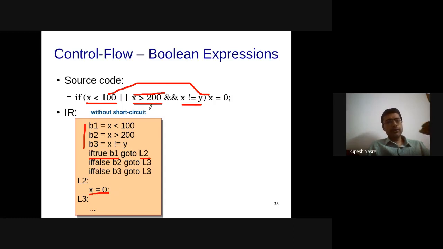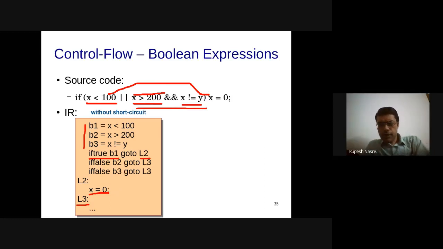So b2, if it turns out to be false, then this whole condition is false, and therefore I should not be executing x equal to 0, so I need to come out, that is L3. So if false B2, then go to L3, if false B3, then go to L3. Otherwise there is a fall through to L2 which evaluates x equal to 0, which means that both B2 and B3 are true, assuming that B1 is false.